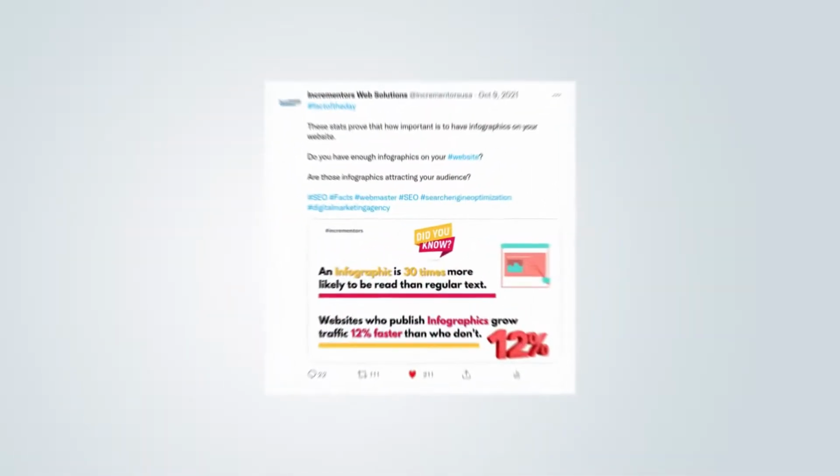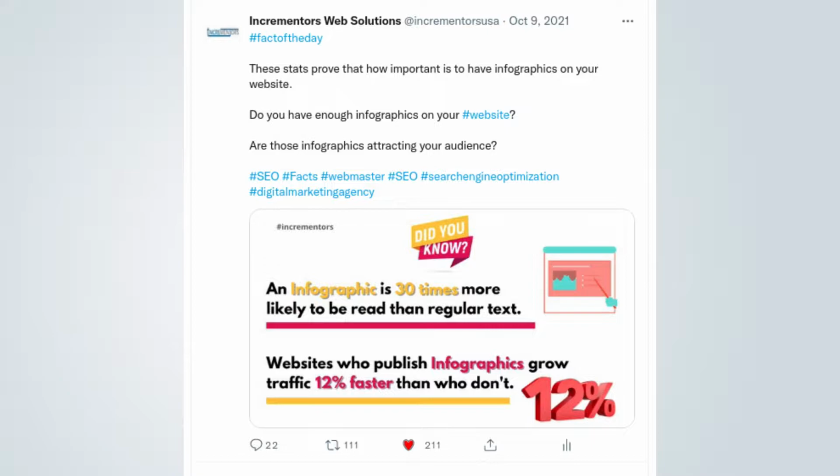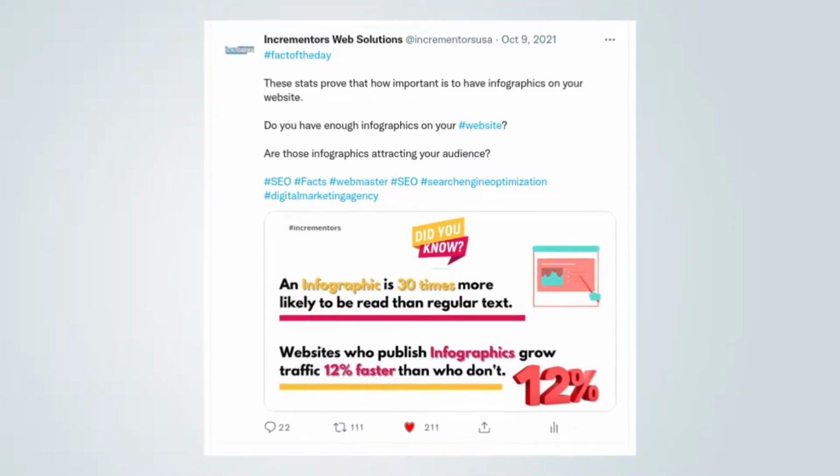One of the biggest platforms for microblogging is Twitter. You can take your own research and statistics and convert them into Twitter posts. Like in this example, I used this data from my article, converted it into an infographic and posted it on Twitter. Believe me, I got serious results out of it. So find your blog post that consists of some relevant data and use it for microblogging on Twitter. For creating images on Twitter, you can use tools like Canva.